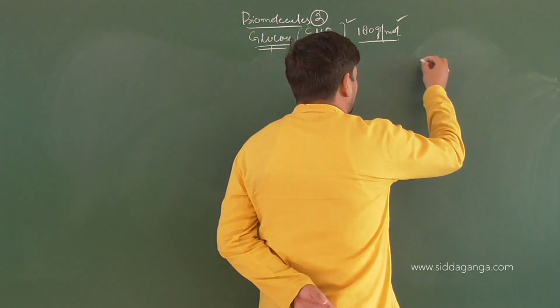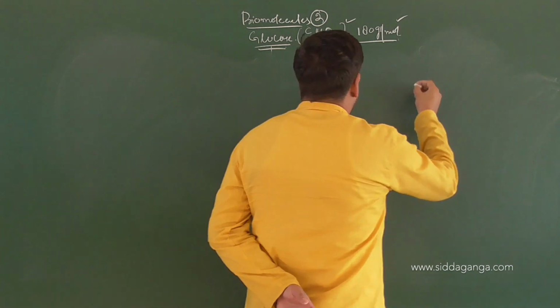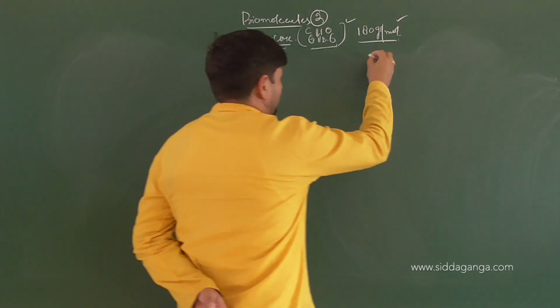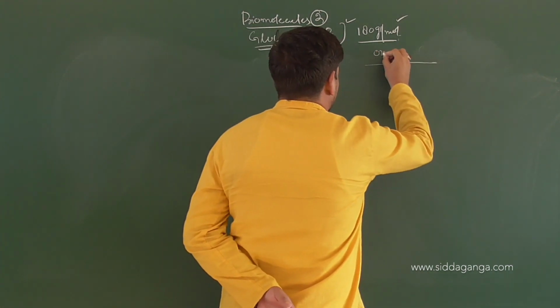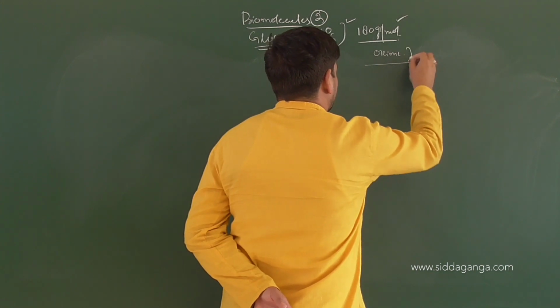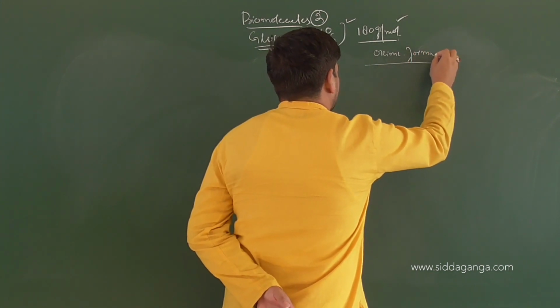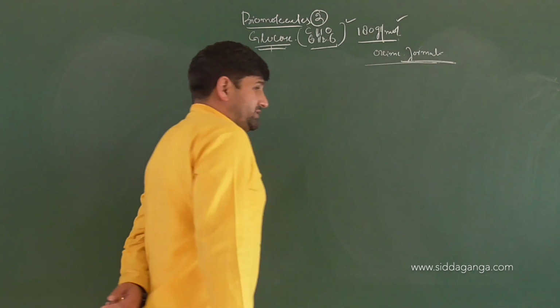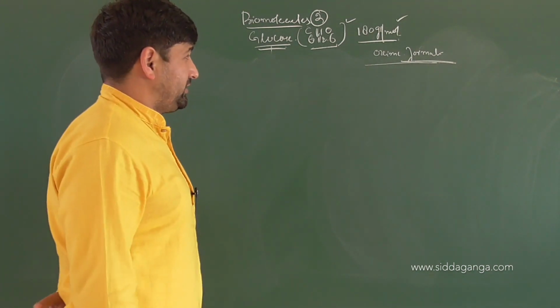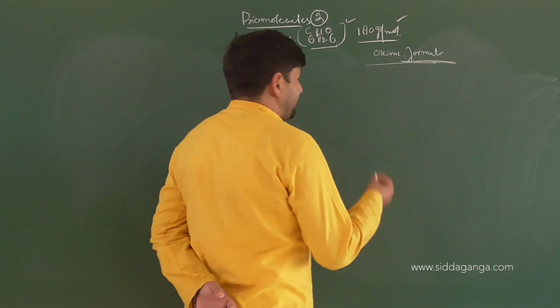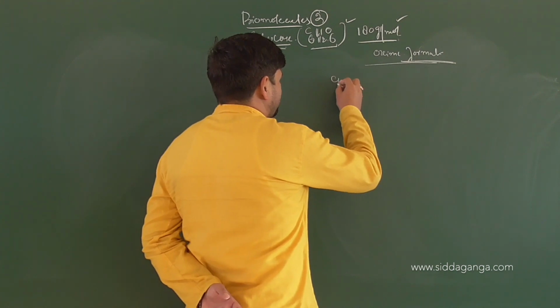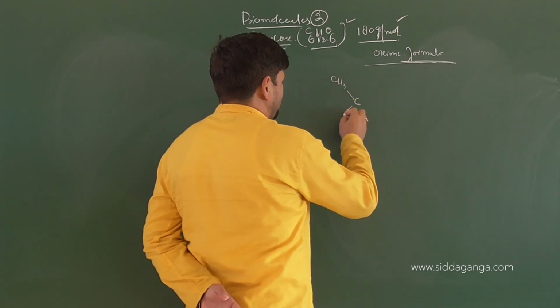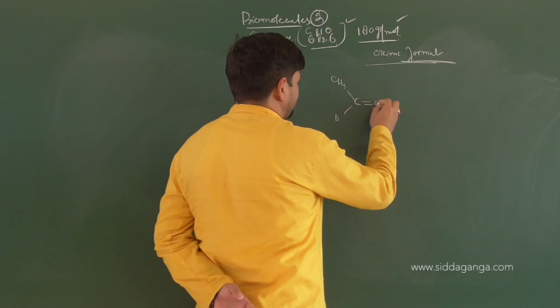Suppose, children, we have a group like this, CH3. I'm talking about how oximes are made, oxime formation. We would have done it with carbonyl carbons easily, and we can have a look at it here also. So we can do a general recapitulation. We have CH3, and you have carbon, you have hydrogen, and it is double bonded to oxygen.